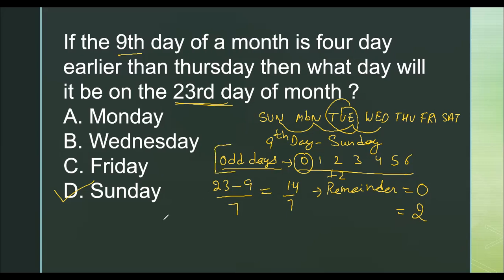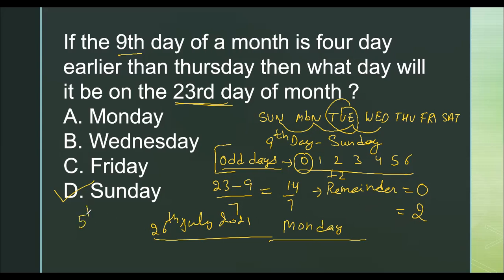So right now you can consider any as today. I'm talking about today is 26th July 2021 and today is Monday, right? Now I want to check 5th of July. What was the day on that day? So what I will do, today is Monday, 26. So मैं क्या करूँगा? 26 minus 5 divided by 7, that is 21 divided by 7. इसमें भी remainder 0 आएगा. So that means 5th July को मेरा क्या था? Same day Monday. That was an easy one.